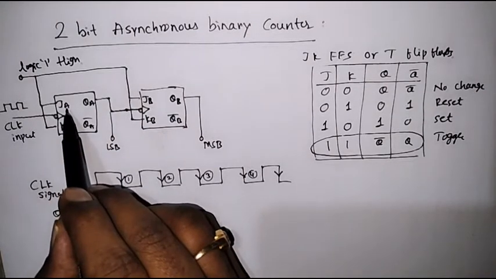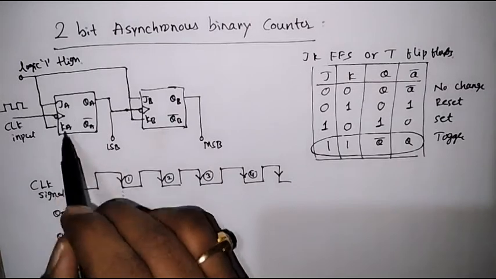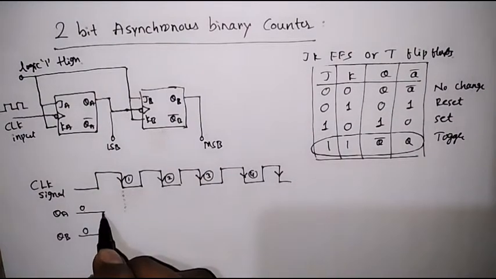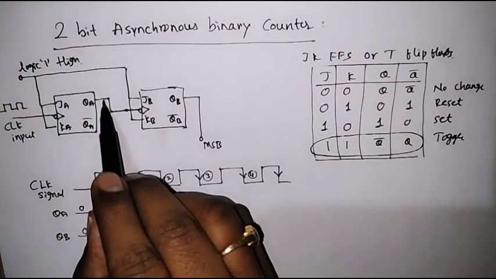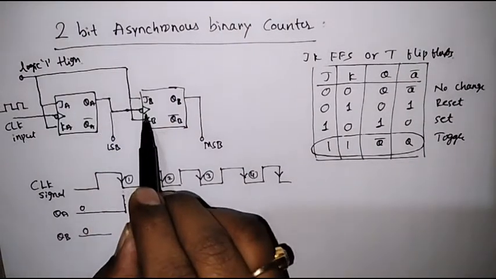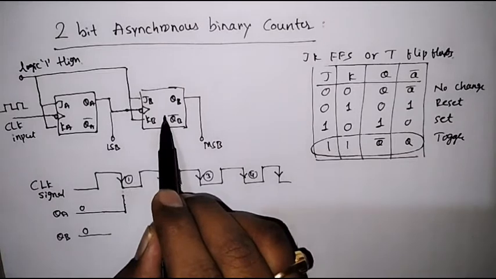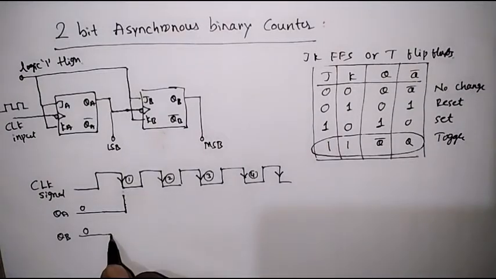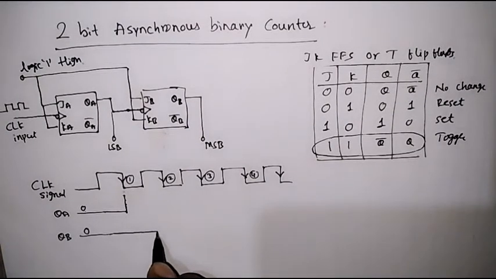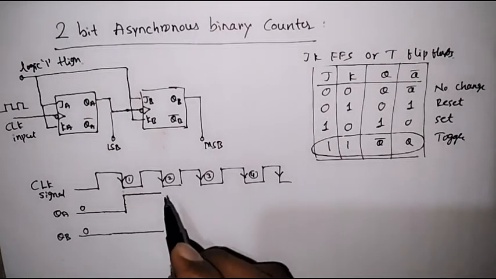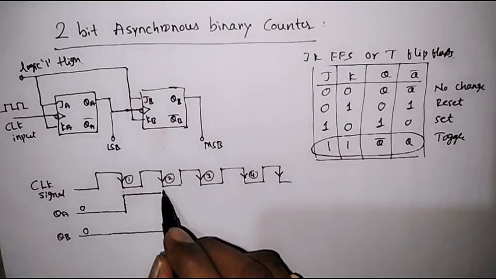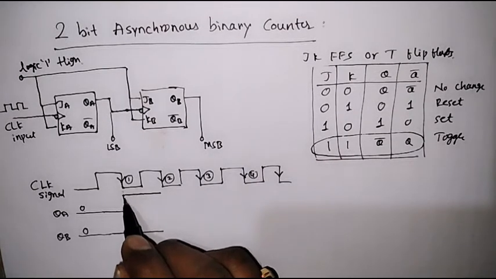the flip-flop becomes active and it will toggle. That is, the output which was 0 at the beginning has become 1. The 0 input was given to the clock input of the next flip-flop, so it continues the previous state. It will stay until the next clock pulse arrives. It will follow the previous state, that is 1.